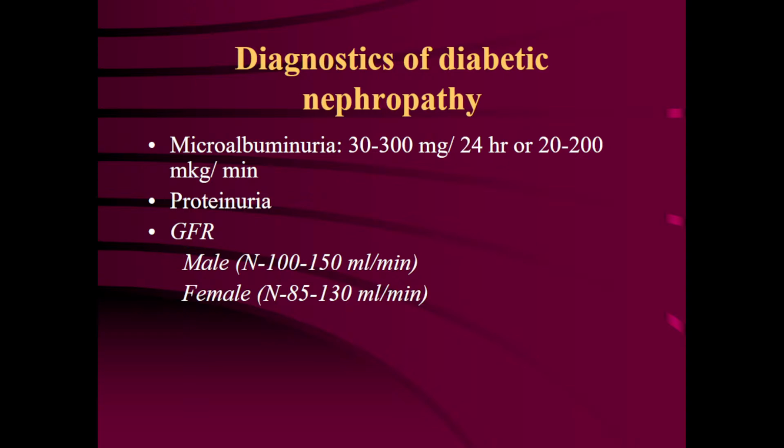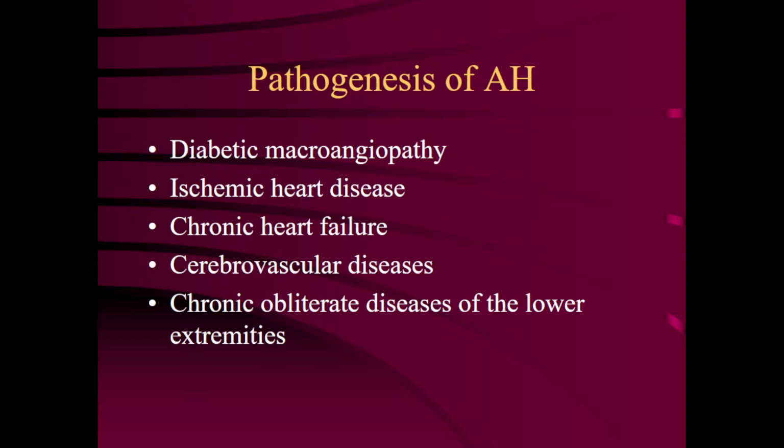Glomerular filtration rate should be calculated. What about the normal values for GFR for male? They are from 100 up to 150 milliliter per minute, and for female from 85 up to 130 milliliter per minute. And in the pathogenesis of arterial hypertension in diabetic patients, diabetic macroangiopathy is also of great importance,